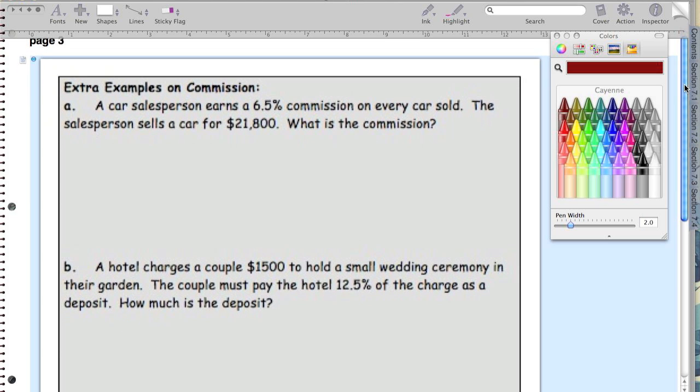In these ones, I want to explain a little bit. First one says a car salesperson earns a 6.5% commission on every car sold. The salesperson sells a car for $21,800. What is the commission? So just to inform you or refresh you, a commission is what some stores work on. For instance, a car dealership is often the job or the position is run on commission, meaning that let's say